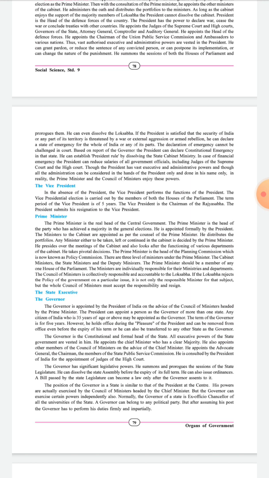And now moving ahead, we will see the vice president. We will talk about the vice president in the absence of the president. When the president is not there, the vice president can perform the functions of the president. The vice president's election is carried out by the members of both houses of parliament. And what is the term of the vice president? That is 5 years. The vice president is the chairman of the Rajya Sabha, and the president submits his resignation to the vice president.